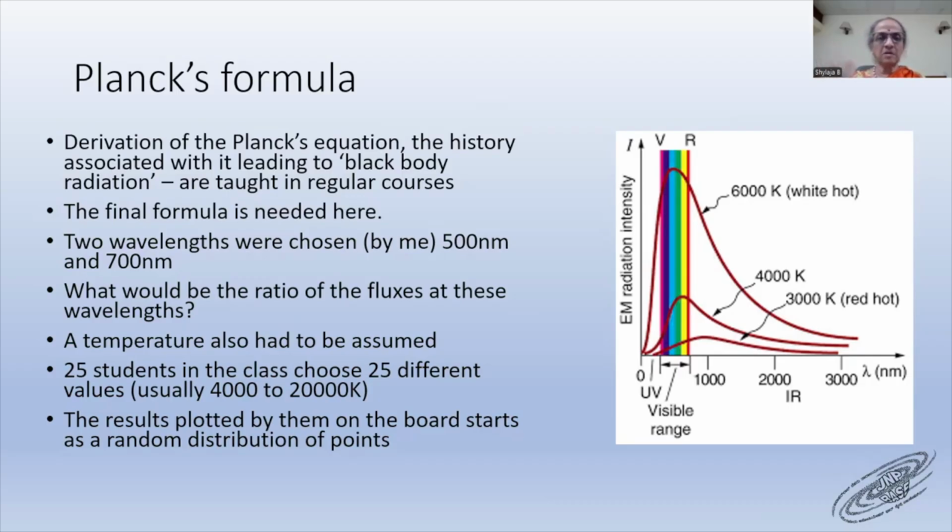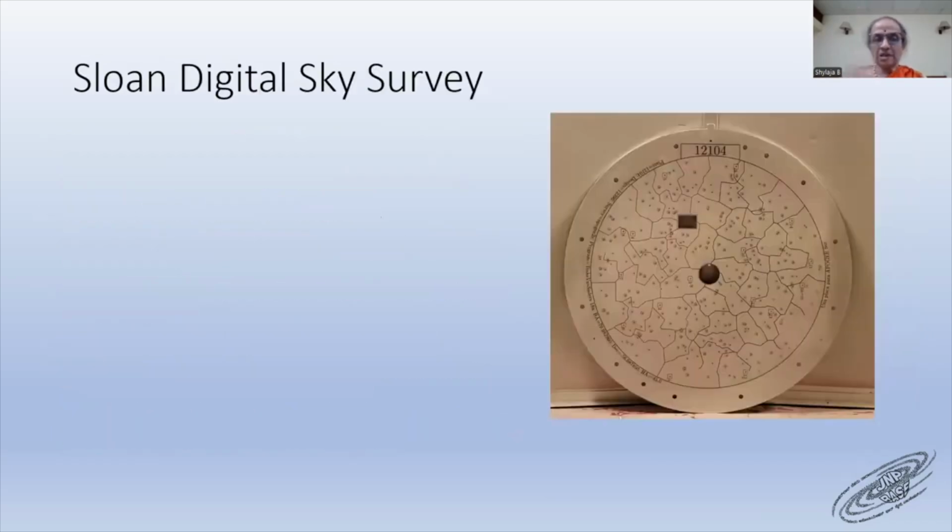So I prepare the blackboard. It's not using any Excel, and I ask them to give me the numbers. I fix the scale on the x-axis and on the y-axis, and then each one will come and put his dot on the board, so that what starts as a random set of points finally becomes a beautiful graph. Then I tell them about the Sloan Digital Sky Survey, and they are thrilled to know that